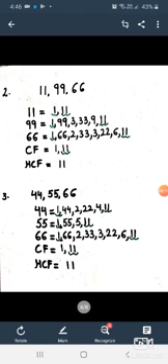Similarly, in the third example, first of all you will write the factors of 44, which are 1, 44, 2, 22, 4 and 11. Now write the factors of 55, 1, 55, 5 and 11. Now write the factors of 66. They are 1, 66, 2, 33, 3, 22, 6 and 11. Now the common factors of all these three numbers are 1 and 11, and the highest among them is 11. So your HCF is 11.